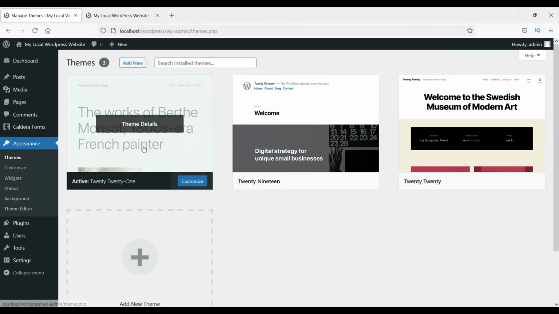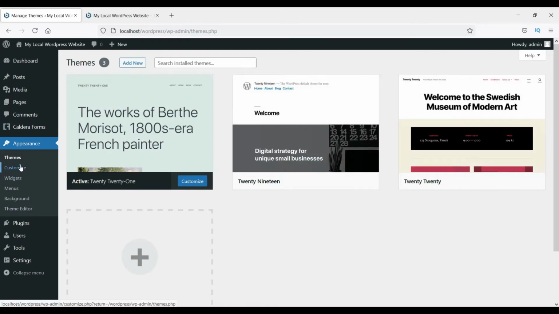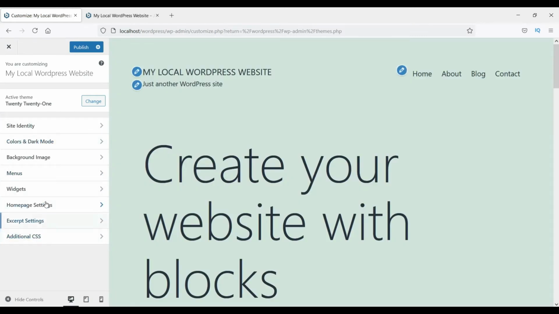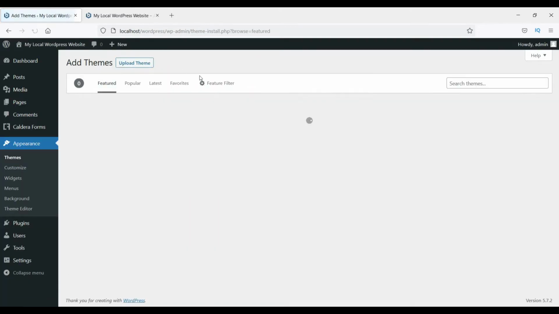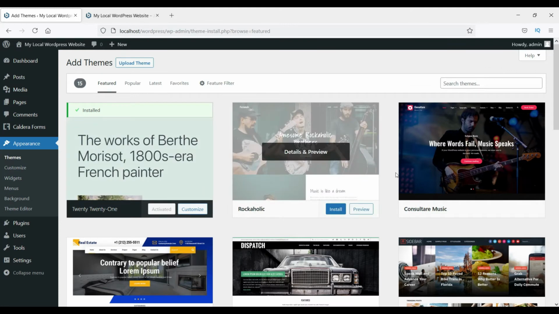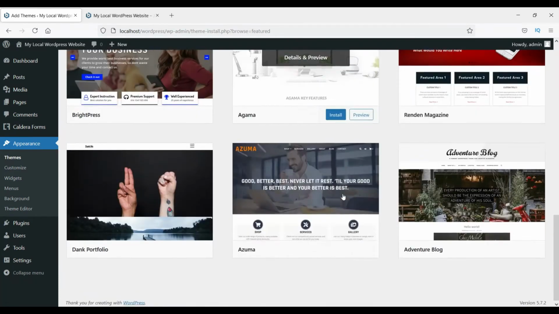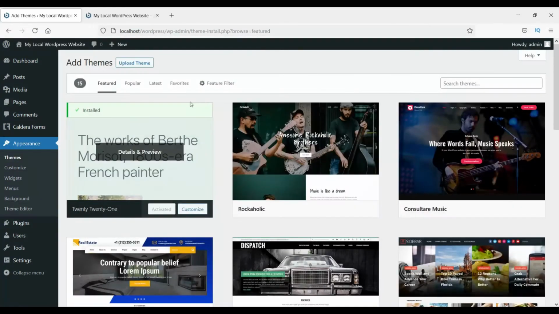Now, WordPress does come with a default theme installed. This is a very basic theme and layout, and you will not have a lot of control on this default theme. The good thing is that you can change this theme and install a new one of your own choice. In this video, we will see how to change the basic theme and look for the free themes in WordPress. We will also learn about the free Hello Elementor theme.